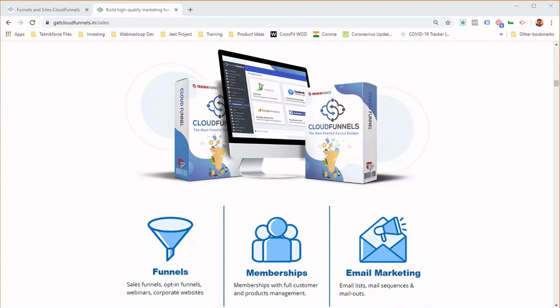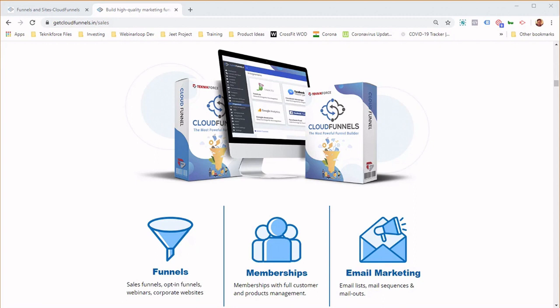You can put it on a shared hosting, maybe just pay $2 a month. You can put it on a VPS, you can put it on an independent server, and you can even host it on all the prime cloud providers like Google, Amazon, etc.